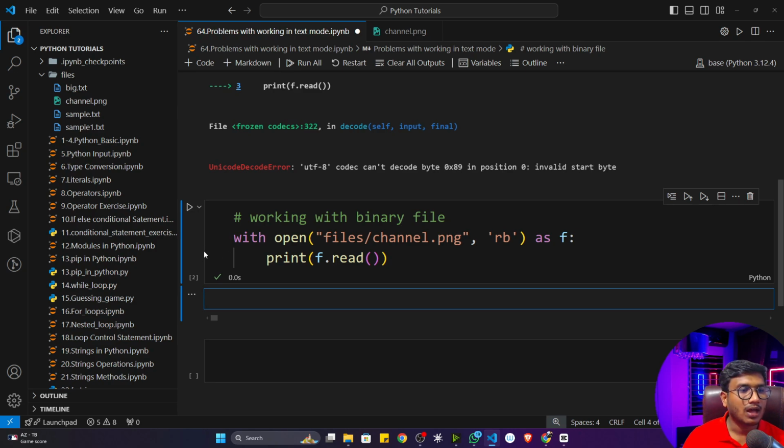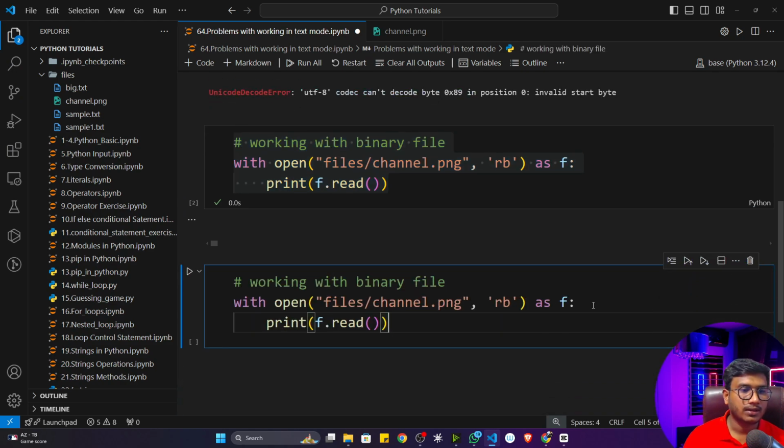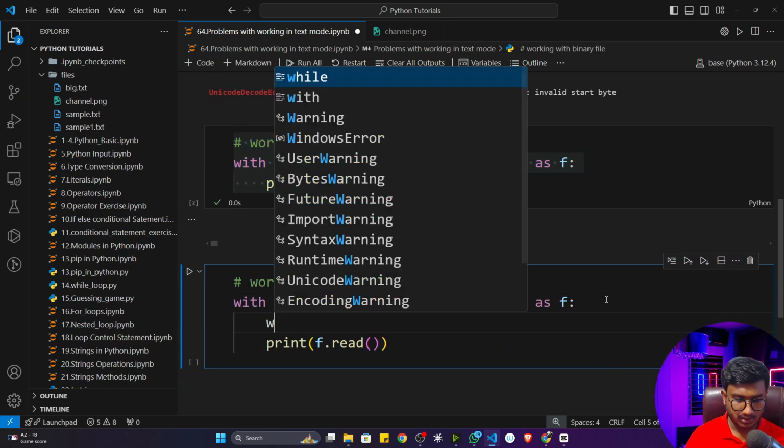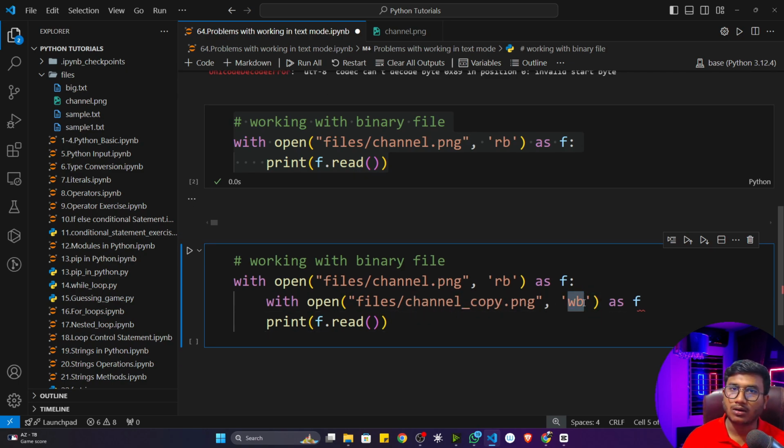So I will make a copy of this image. I'll copy the same code as it is. Inside that, I'm going to use another with open statement. This time I'm going to write this binary file, so I'm going to name it channel copy.png. Now see, I'm opening in wb, that means write binary mode.